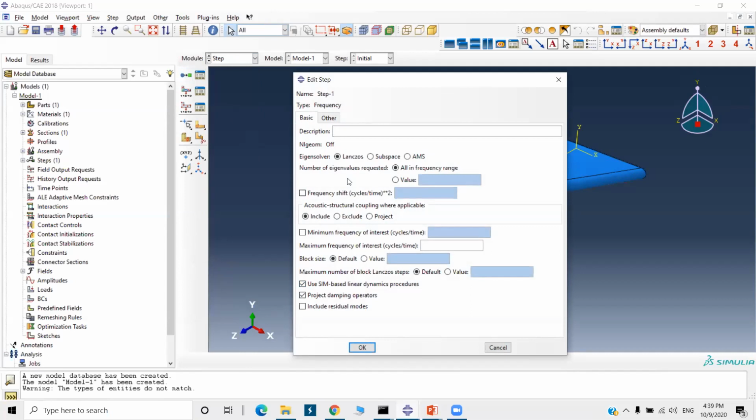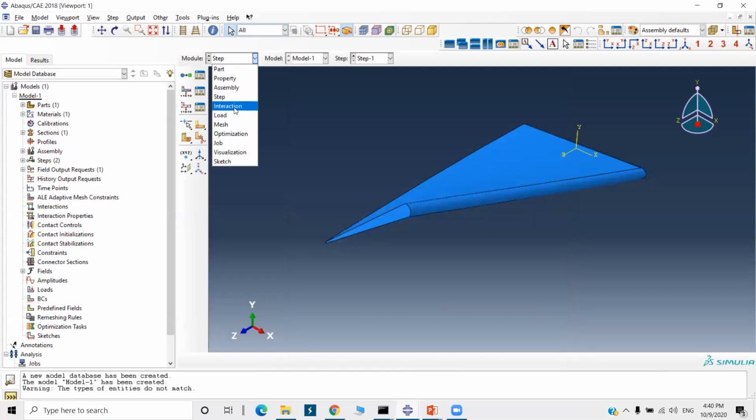You can either define the number of eigenvalues or the number of first frequencies you want, or you can enter the maximum frequency of interest and let Abaqus derive all the eigenvalues in that range. Here we can enter the number of eigenvalues requested, any number, 20, 10. I will enter the maximum frequency here. Suppose 1000 hertz.